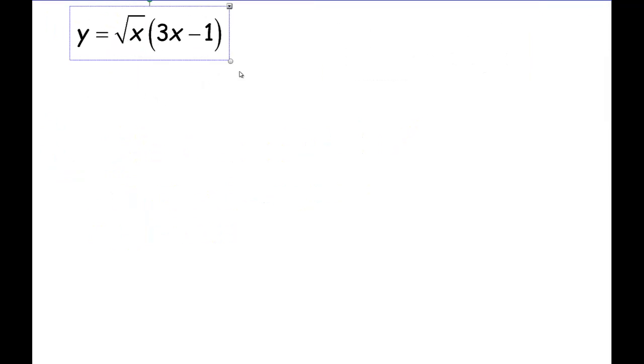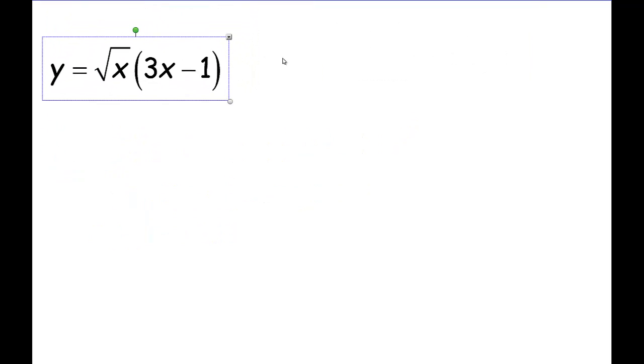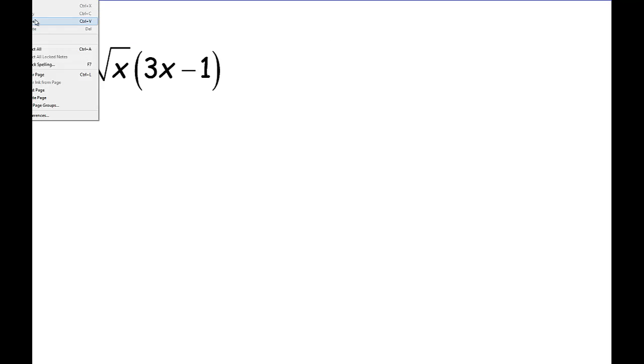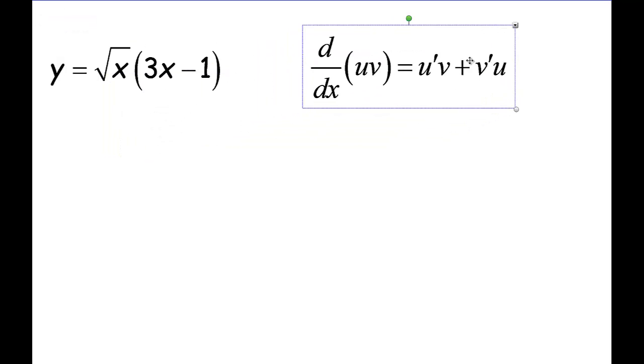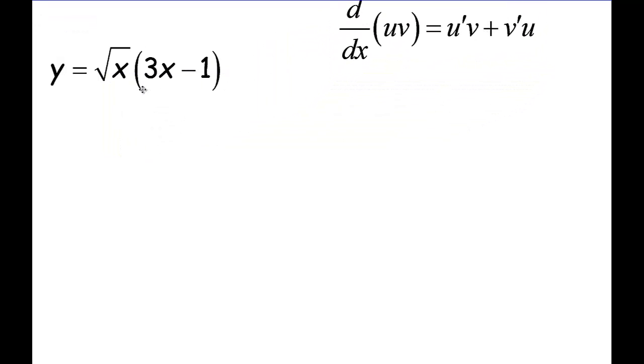Here is another example, and we're going to follow the same rule. We're going to paste this and keep it to the side so we have it for reference. Once again, what I like to do is label my u, which is the first function, and my v, which is the second function. So when we take the derivative, it's fairly straightforward. So we say dy